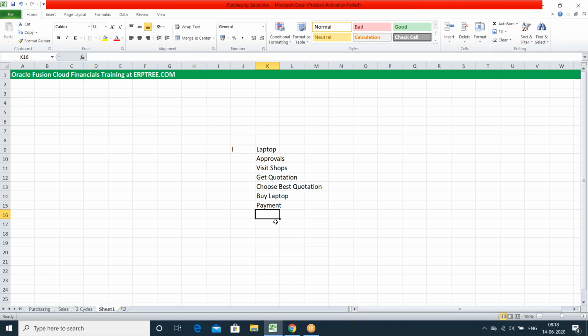The reason is this is very specific to one person's requirement. If you take the same case in any organization, multiple departments will come into the picture. As per the organization process, every department will have their own responsibility. But here, I'm the only one person who is taking care of everything, right from identifying the requirement